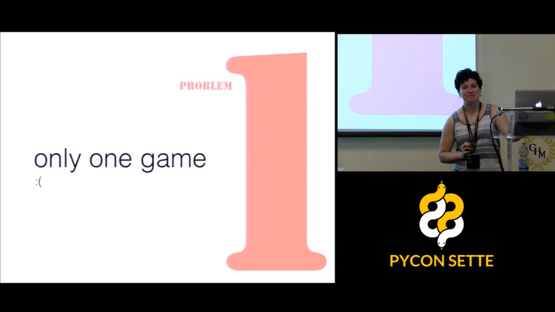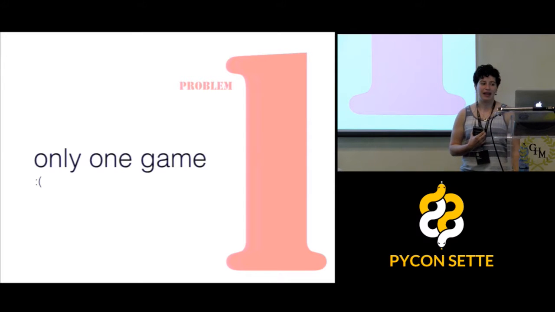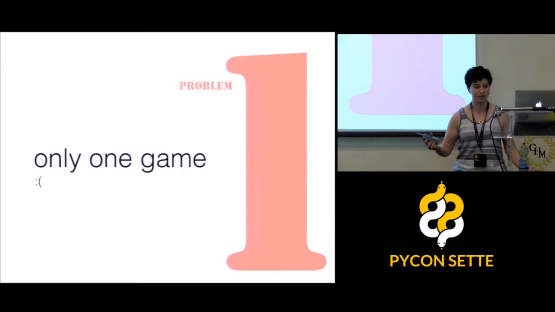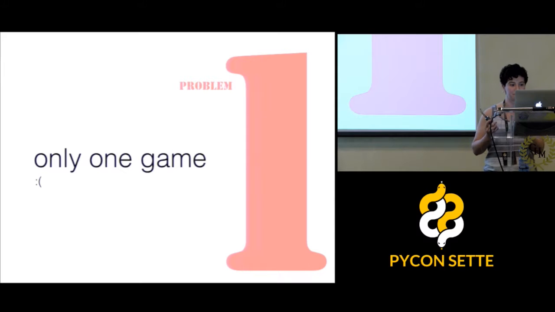So first of all, perhaps slightly obviously, the way I wrote my text adventure game meant that I can only write one text adventure game. And to me, that's a design problem because it doesn't necessarily have to be the case, right? Like the code that handles what happens when a player types something doesn't have to be inextricably intertwined with the code that decides that, I don't know, Expelliarmus means trying to disarm another wizard, right? Like that's not inherently connected.